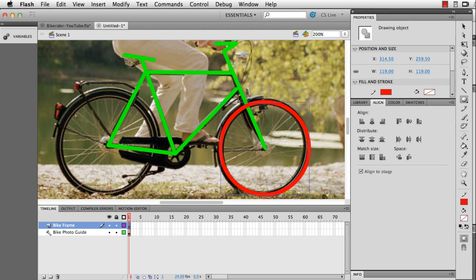There we go. And I'm going to do the same thing again, holding down the Option key and the Shift key, and start from the hub of the rear wheel, click and drag out until I get the right dimension of my tire. And one last little circular piece is the little chain wheel here that I'm going to, again, Option, Shift, click and drag out to make the little chain wheel happen here. So it's about all the detail I want, perhaps a little bit of a chain wheel in the back here. So this is my bicycle,